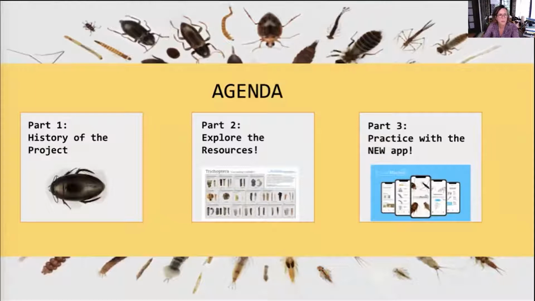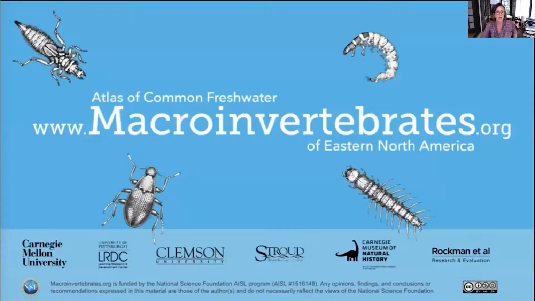Great. Just a little bit of background. Macroinvertebrates.org is an NSF-funded project with the goal of creating an innovative kind of online teaching and learning collection that was designed to support freshwater insect identification for citizen science and environmental education. The site currently features 150 commonly found macroinvertebrates in the eastern United States. Unfortunately, we don't cover the west of the Mississippi. At family level, you'll find many of the same, but the genera will be a little off.